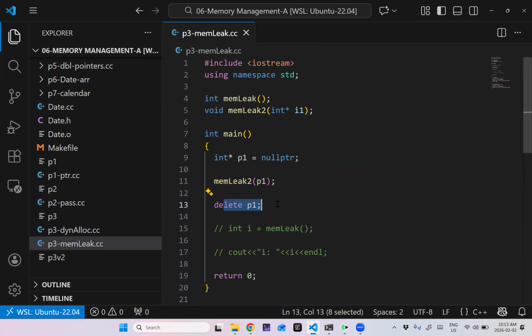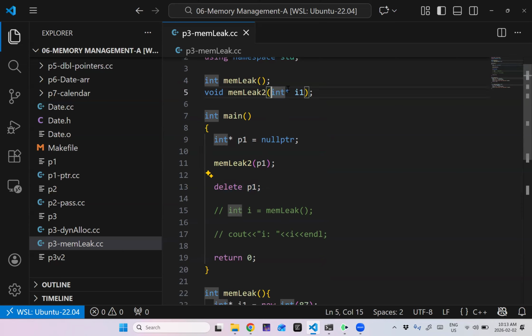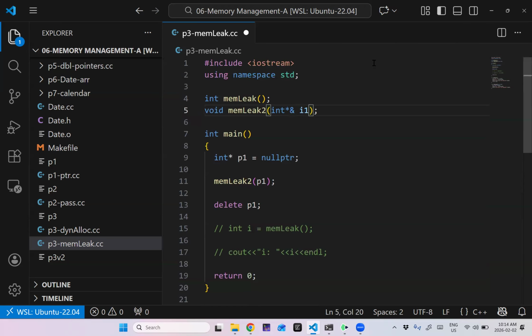Yes, to pass a pointer by reference. Exactly, yes. There's actually a couple of ways we can do it. So that's very astute. So problem solved. There is a memory leak here because we've used this in the past to pass integers by reference, so passing by reference by pointer. But now I actually don't want to pass an int, I want to pass a pointer. And if I want to use it as an output parameter, I have to pass the pointer by reference. So you would want to do something like this or this.